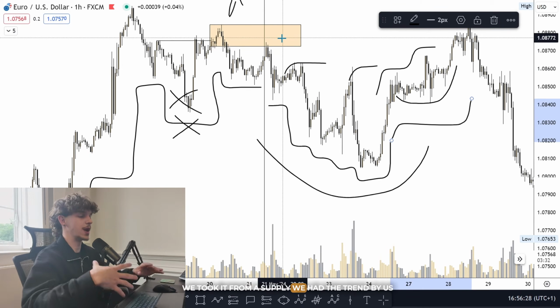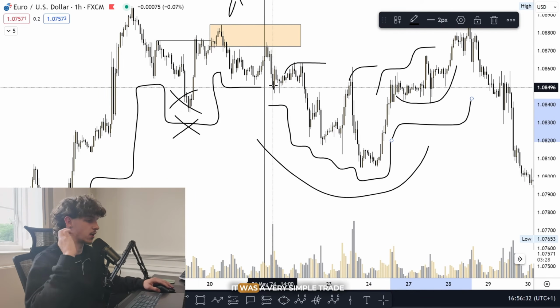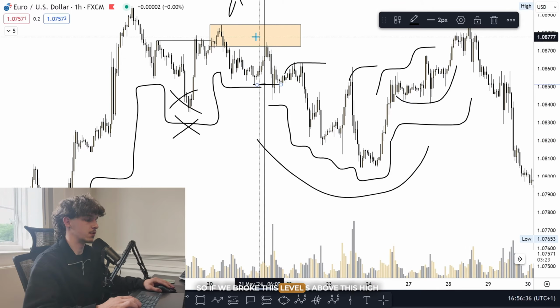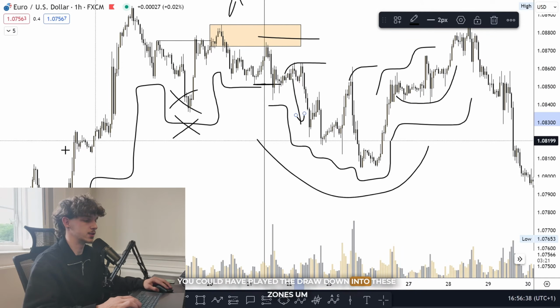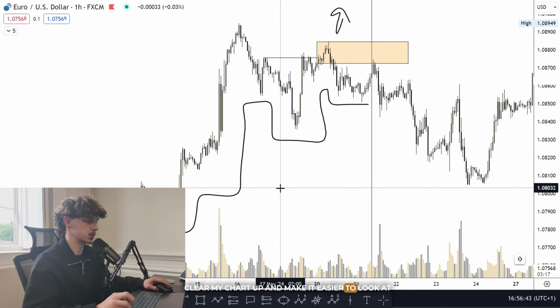We took it from a supply, we had the trend bias, we didn't have any ICIs or anything like that. It was a very simple trade. You could have played the break back down this level. So if we broke this level, SL above this high, you could have played the drawdown into these zones, but we didn't do that. If I just clear my chart up and make it easier to look at,